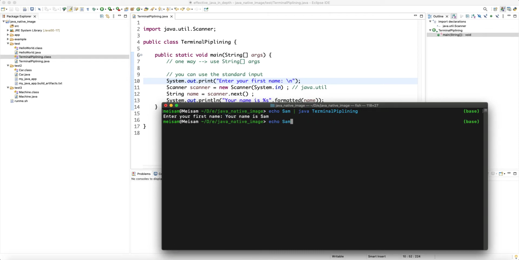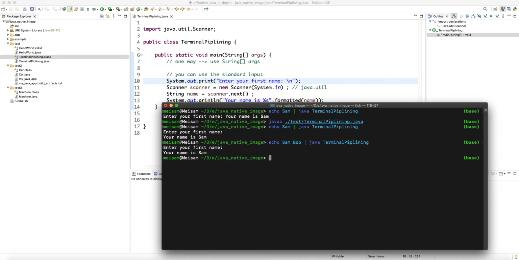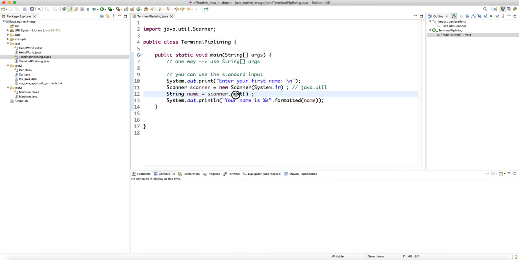So if we go ahead and compile again and then run, now it doesn't wait for us to type anything, it just immediately reads the stream that comes from the pipeline operator from the previous application. And obviously, because we are just reading from a scanner, we are reading the next word or next token. If I have two words here, it only reads the first word. So what we can do